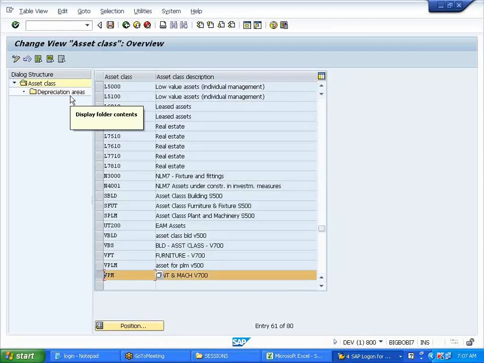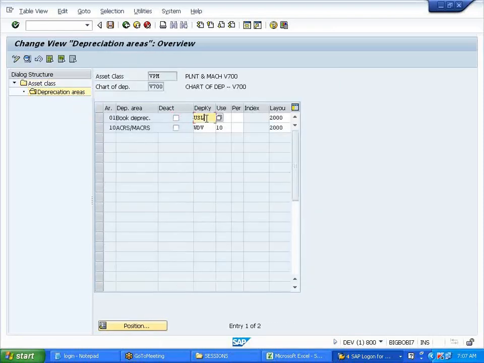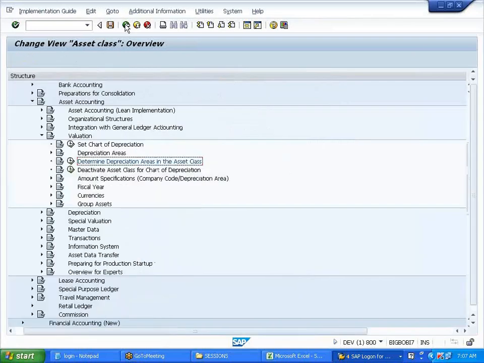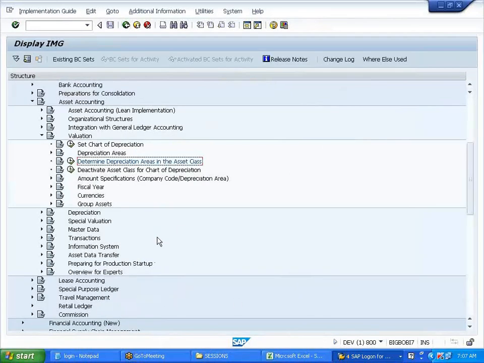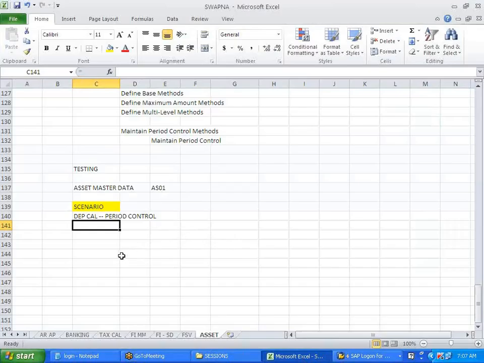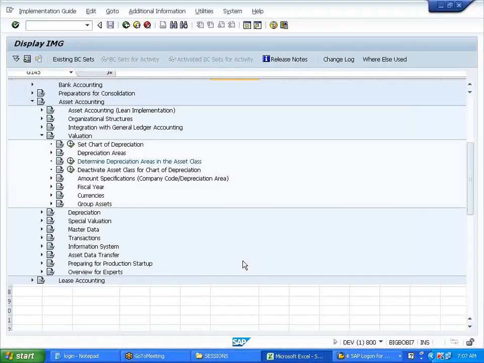For plant and machinery I'll use the same SLM. I'll save it. So plant and machinery, you used SLM and SLM? Yeah. Okay.